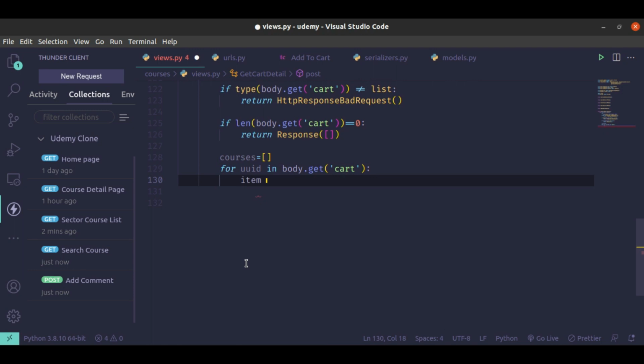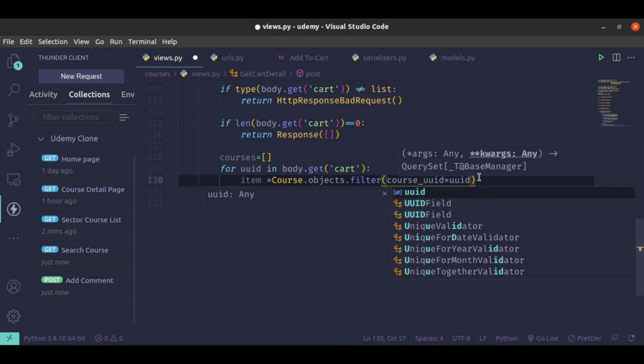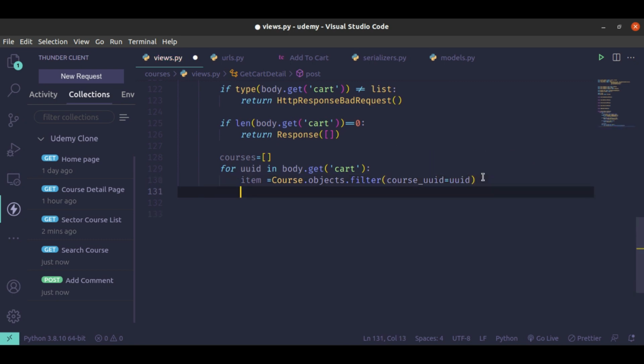You are going to get a course. So Course.objects.filter, they are going to filter with the course UUID, where you pass the UUID. Okay, so they are going to check if that course does not exist. So if not item,